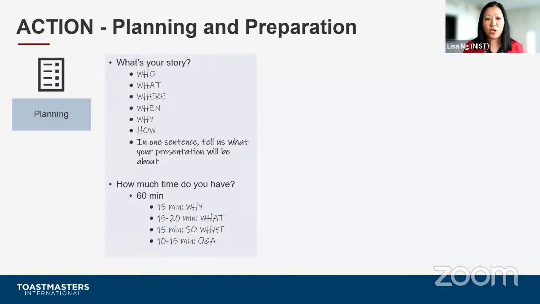We kind of want to jump into the what really quickly, but setting up the story, telling the story, and then retelling the story or summarizing for them, so that people understand why that story you told them is important, is really good to solidify that story in people's minds. So when you're planning your next speech, try to answer some of these who, what, where, when, why, how questions. Always point toward that one sentence that you wrote in the beginning. And then split up your time wisely.